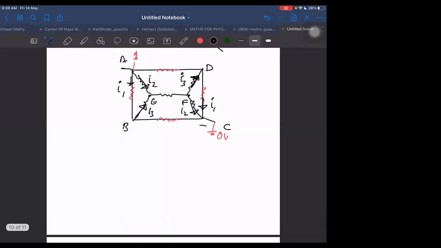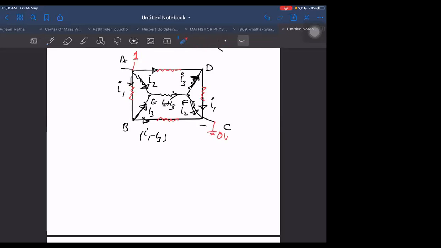Anyway, now these currents we know, there are three currents, three unknowns. We need at least three equations to solve this. The remaining branch currents we can tell using these currents only. For example, I1 is entering, but I3 is leaving. Then what is the current in this other branch? In this branch, the current becomes I1 minus I3. Now, in the EF branch, it will be I2 plus I3. And in the AD branch, let us check once.